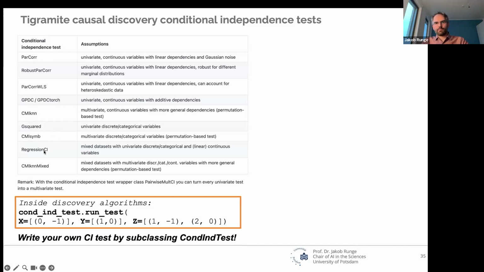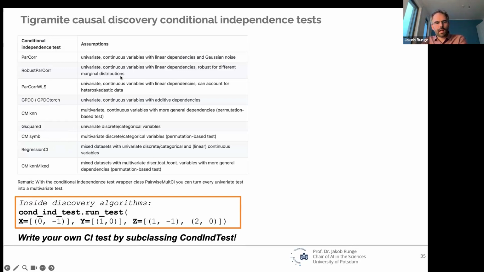Regression CI uses regressions with and without the X in principle, and that can be applied to mixed data with categorical and discrete data. This is of course categorical, and all these are more for continuous samples. And then we have a recent method, CMI KNN mixed, which is also for discrete and categorical data and general dependencies among the continuous variables.